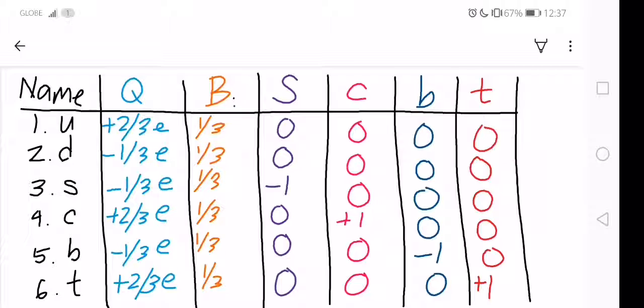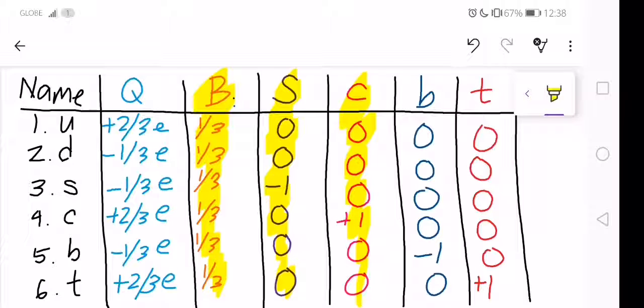So these are the six quarks that we know, and so far we have discussed conservation laws. Particularly, we observe that in particle interactions, the baryon number must be conserved, the strangeness number must be conserved, and in addition to these, with quarks, new conservation laws are added. So we now have the conservation of charm, and we have properties which are the bottomness and the topness. So quarks